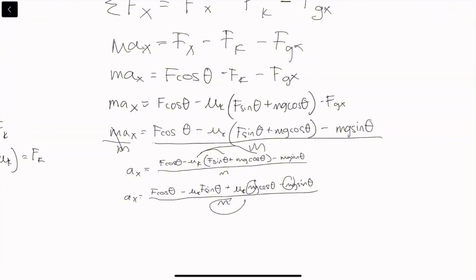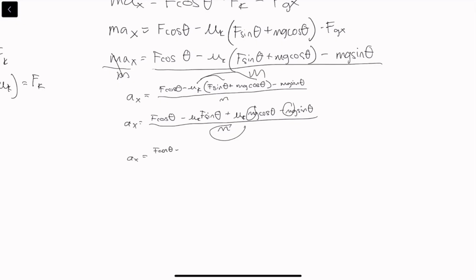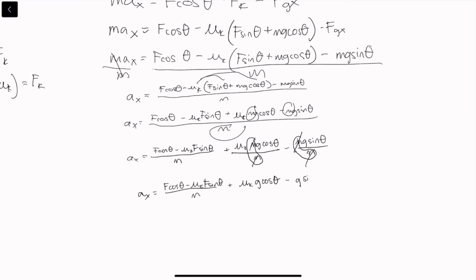If we split it into different fractions, we can just cancel it out in those terms. Okay, so now we see mass over mass in both terms, so we can just cancel those out. Now we see a g in both of these terms, so we can take out the common factor. And that's your final